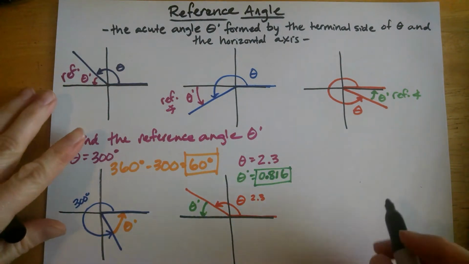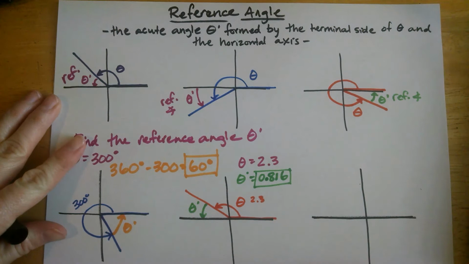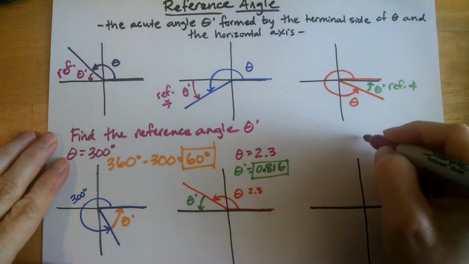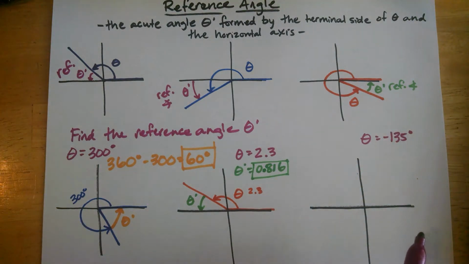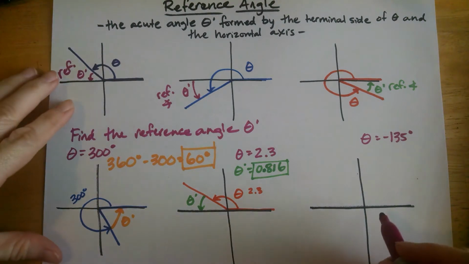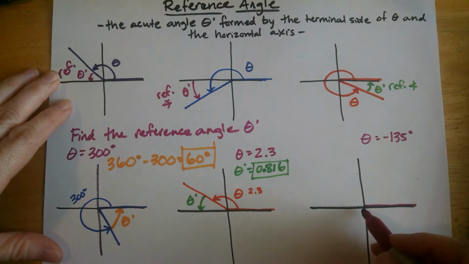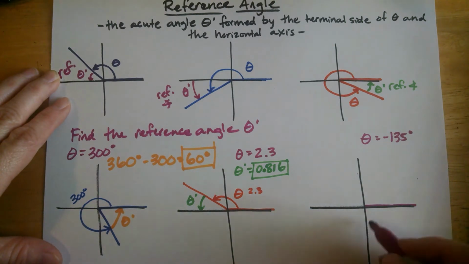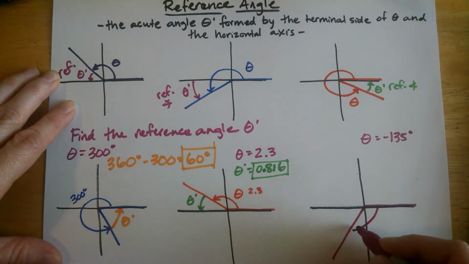Let's try another one, last one here. Let's go with a negative degree. So I'm going to say my theta here is negative 135 degrees. Remember when the degrees are negative, we have to start from 0 as always, and then we're going down here in a clockwise motion. So I know 90 is here, and then this is 180, so it's going to be in the third quadrant here. I don't know where, I'm just going to kind of draw a line. So I'm going to say that is my theta,